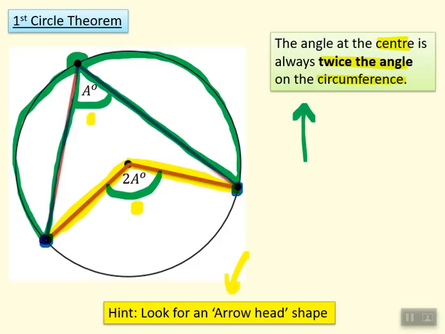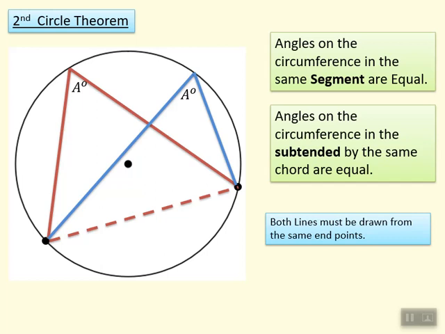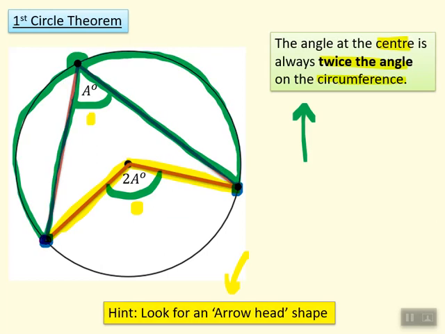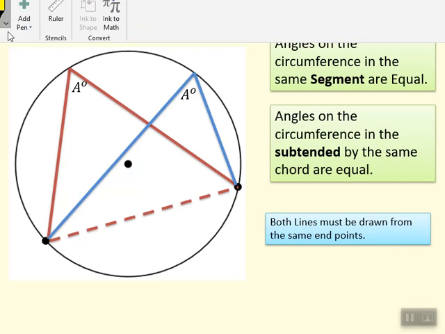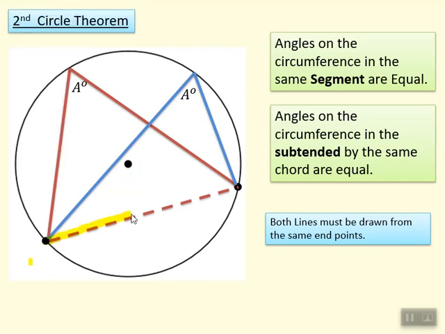Circle theorem number 2 is really just an extension of circle theorem number 1. If you have a chord, now remember what a chord is. A chord is a line that goes through the circle from circumference to circumference, but it doesn't go through the center, because then it would be a diameter. So here are the two ends of the chord, and you don't actually need to draw the chord, but it's easy to visualize it. If you have a chord like this, and these are the two end positions on